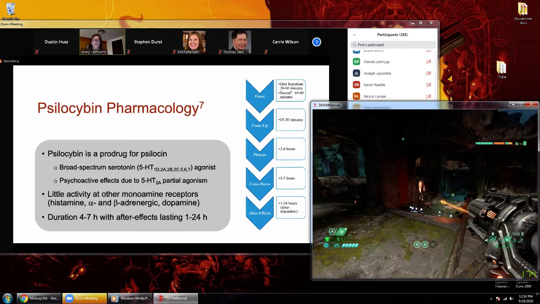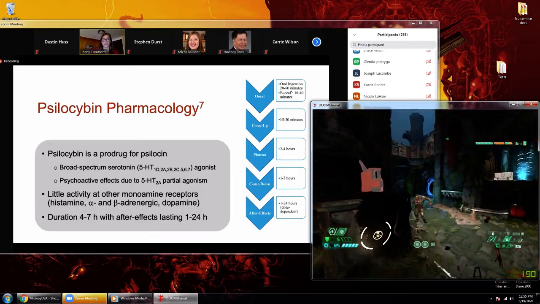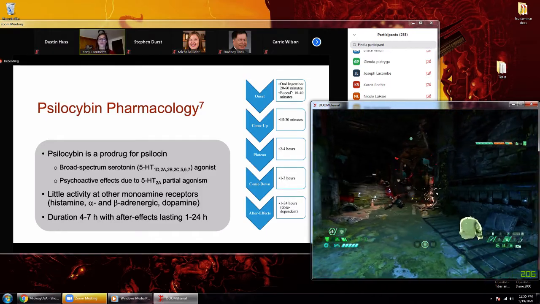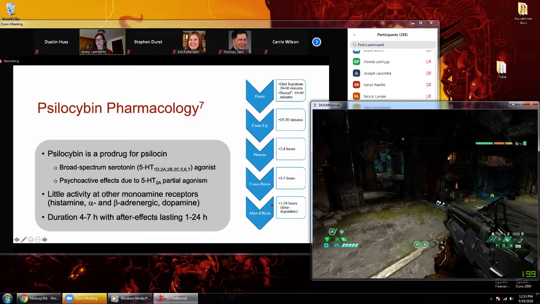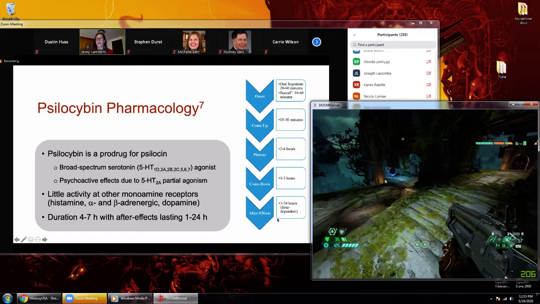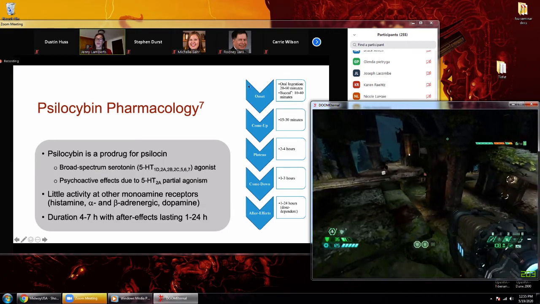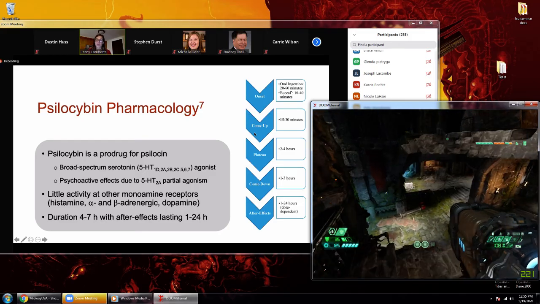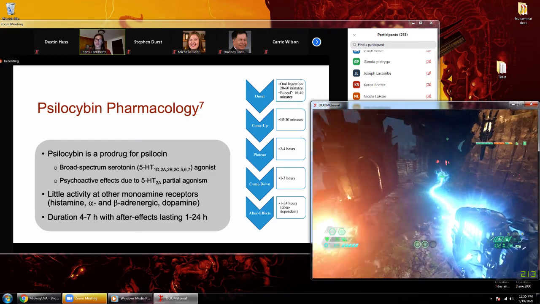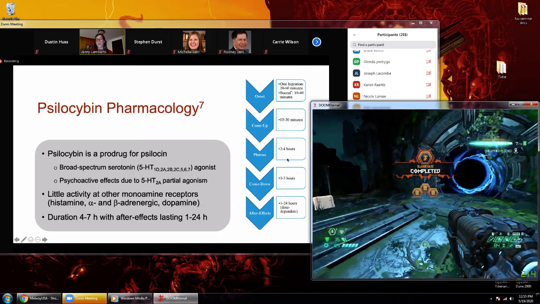As I mentioned, its half-life is pretty short. The duration of activity is anywhere on the order of 4 to 7 hours, with after effects that sometimes last in the vicinity of 1 to 24 hours, and that is very dose dependent. So on the right, you see this schematic for the typical description of onset to come up or to the high, so to speak, which happens in about 15 to 30 minutes. And then there's a plateau for about 2 to